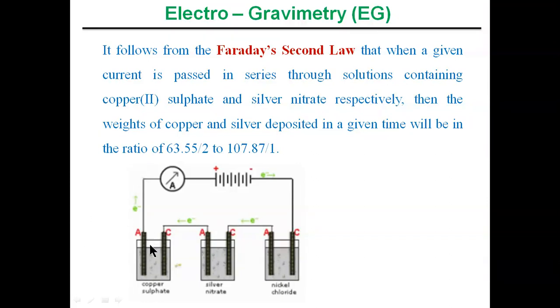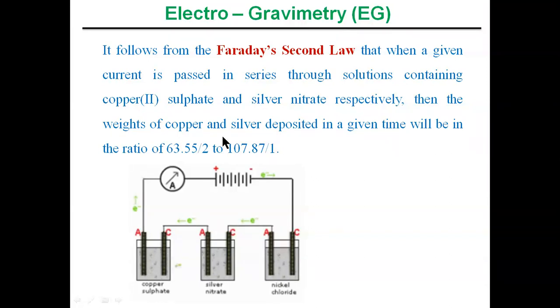So how much it is going to deposit, we can easily calculate. That is the atomic mass of the copper divided by the number of electrons transferred in the electrode process, or the charge of the copper, that is 2. The atomic mass is 63.55, divided by 2, since the number of electrons is 2. This much amount of copper is deposited on the surface of the cathode electrode.